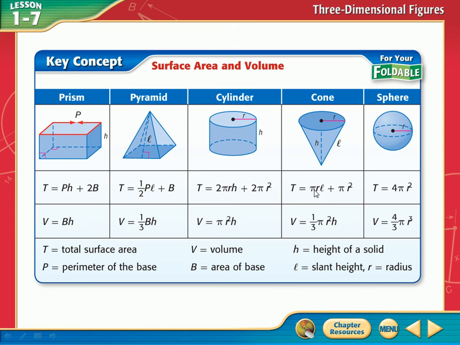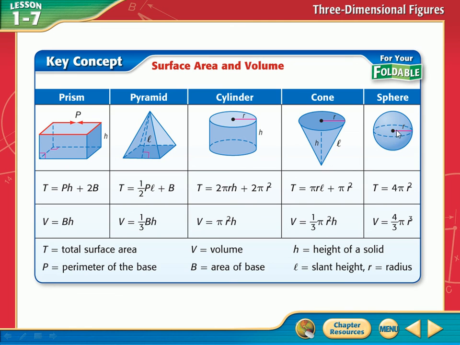So look at the formula. The total surface area is pi r L. L is the slant height. It's this one. It absolutely makes a difference which one you use. So just use the one that's slanted. Plus pi times radius squared. So radius is this right there, pi r squared. And you say, well, why do they have H there? Because we have H for volume. We'll use the H for the volume, not for the surface area.